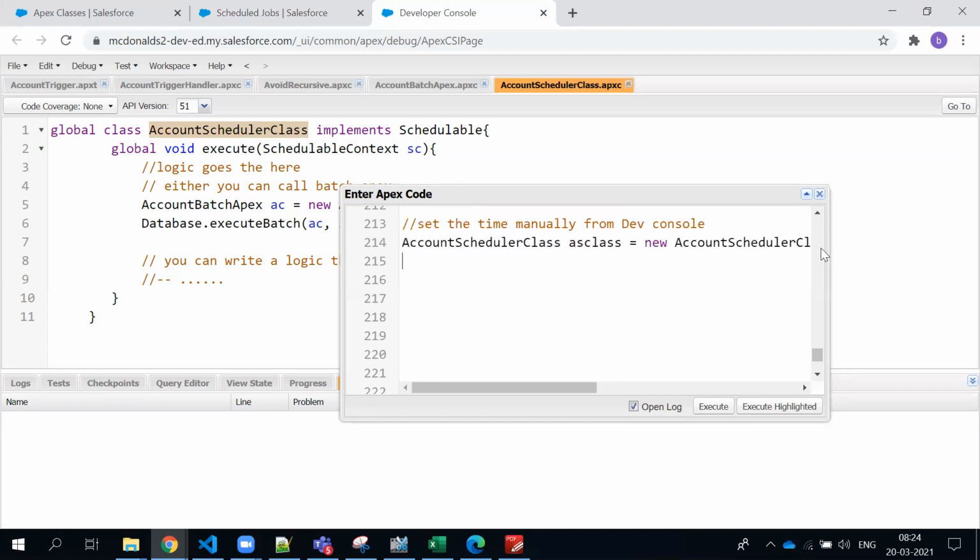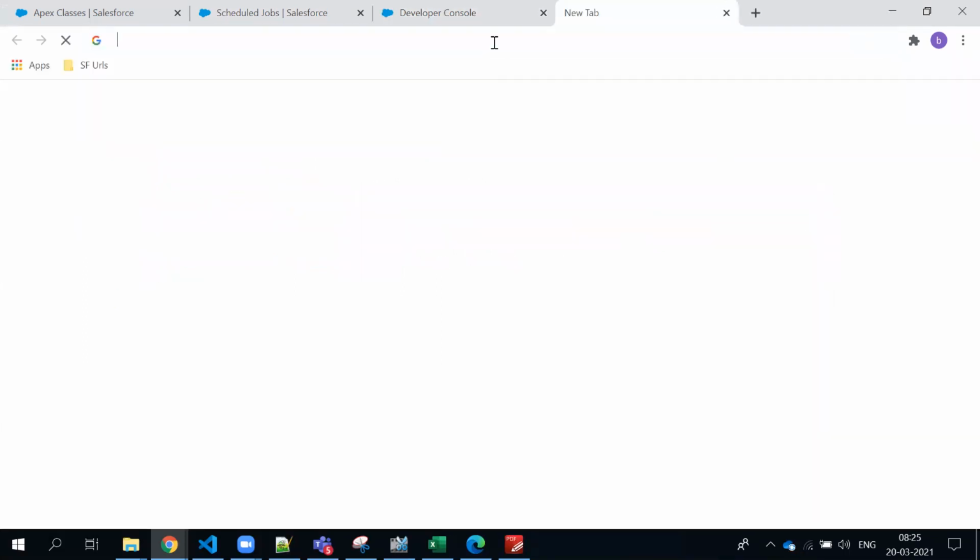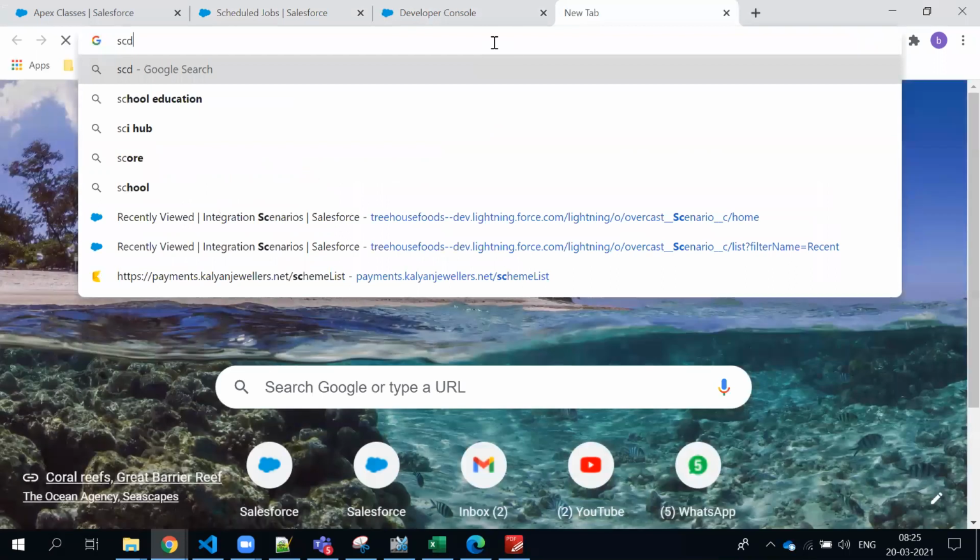So class is highlighted here, instance object. Now we have to pass something like a string, where we say that this is the schedule pattern that you're using. So that should be in string. For example, whatever I'm going to write now. If you have defined a scheduler class here, scheduler